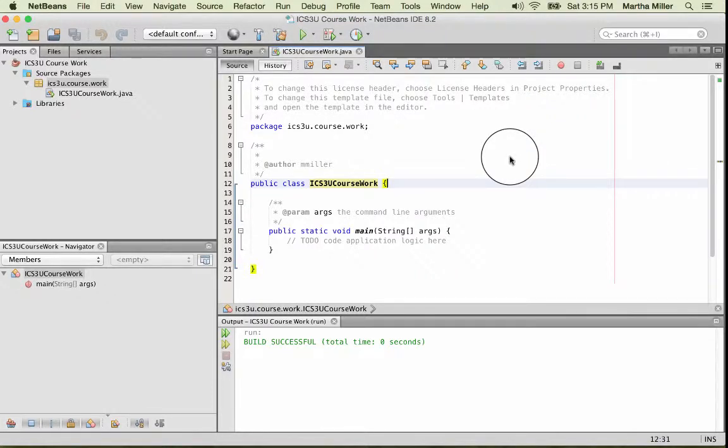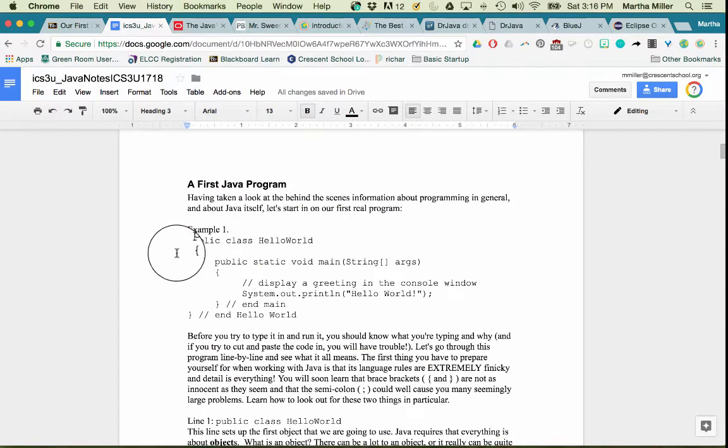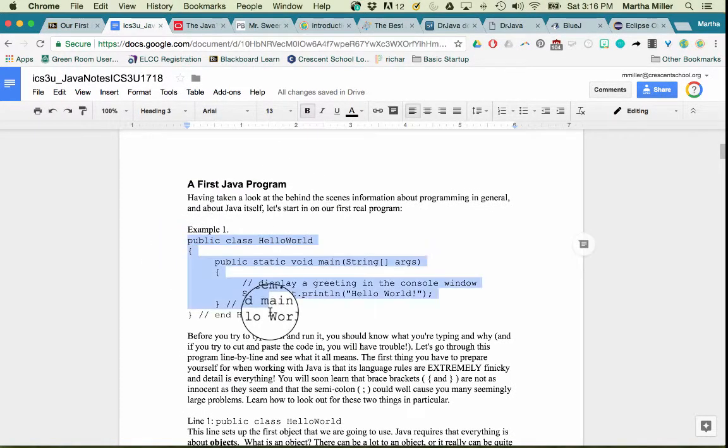Let's now take a look at using NetBeans to run our very first program. Typically, and I'm not sure why, but typically in the programming world, our first program is Hello World. And this can be found in the Java Notes book, A First Java Program. I'm going to copy the code,